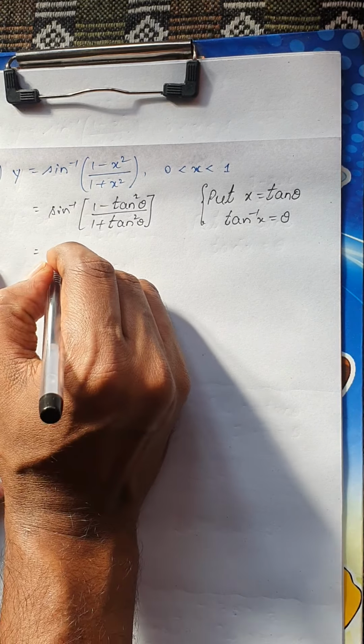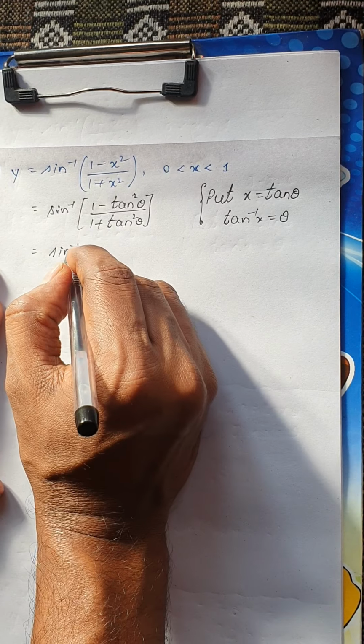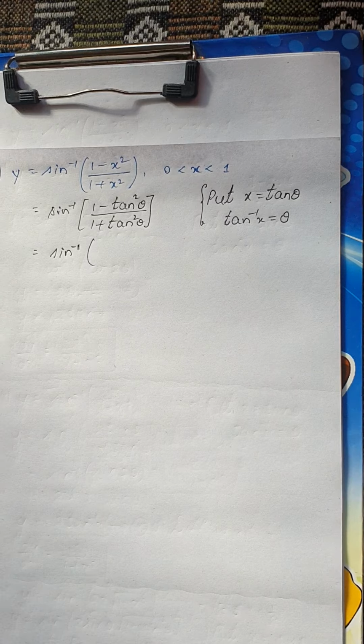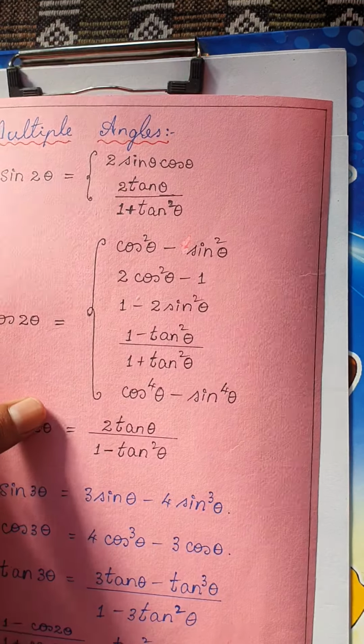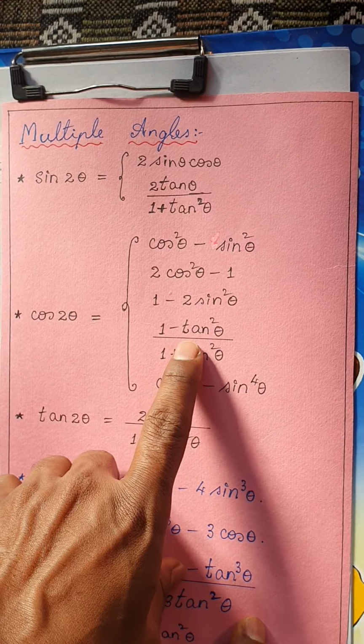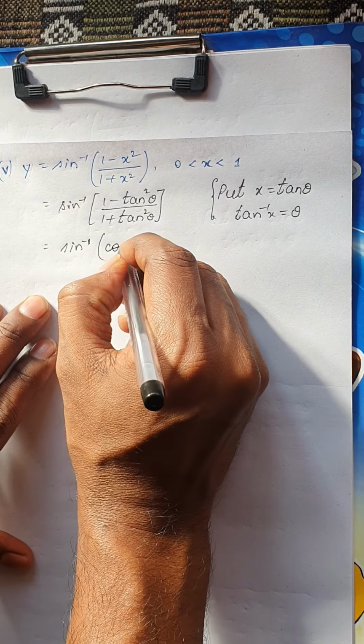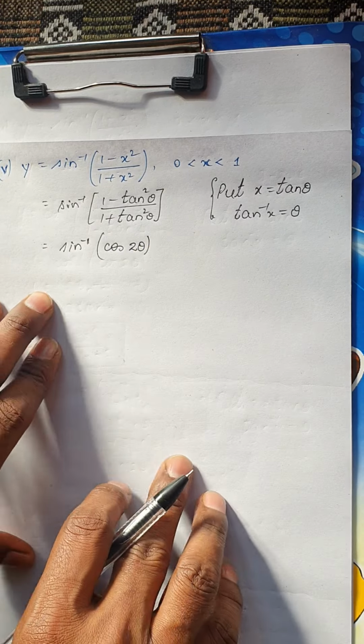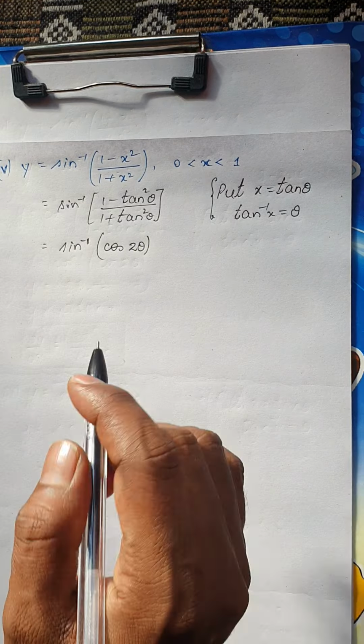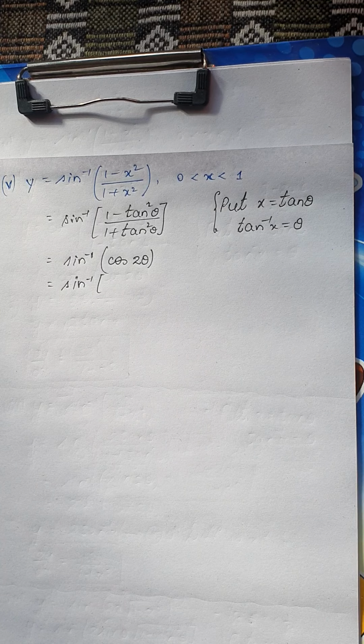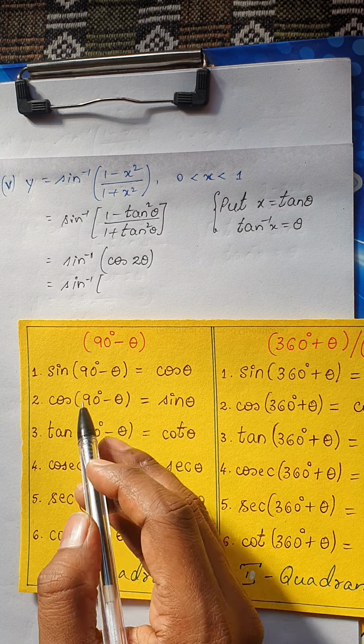Okay, so this is nothing but sine inverse of, we have already used this result, 1 minus tan square by 1 plus tan square. Yes, we know it, 1 minus tan square by 1 plus tan square is nothing but cos 2 theta, isn't it? Therefore this can be written as cos 2 theta. Okay, in previous problems you would have directly cancelled the functions here, but because I have cos, now I have to make some arrangement to write this cos in terms of sine. Now how can I write this cos in terms of sine? Any guesses? So look here, we are going to use this result.